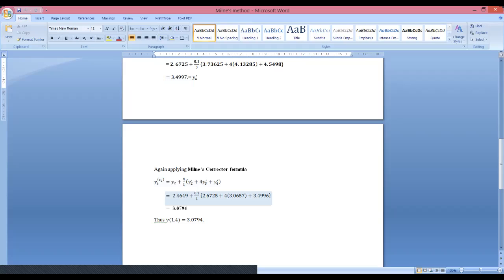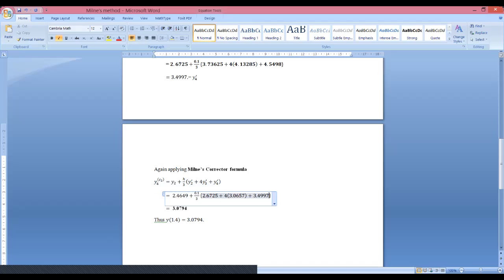That's the only change that we are making. Now, substituting the value of new y4 dash here, I think I have to put it here as 7, that is 3.4997 y4 dash value. Now put this new value of y4 dash, simplify it,